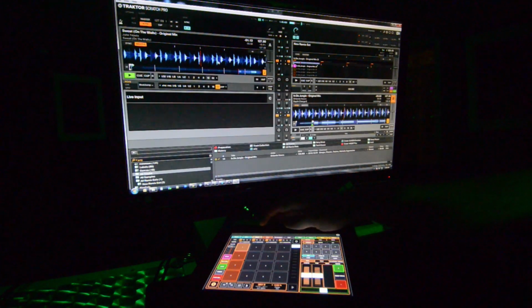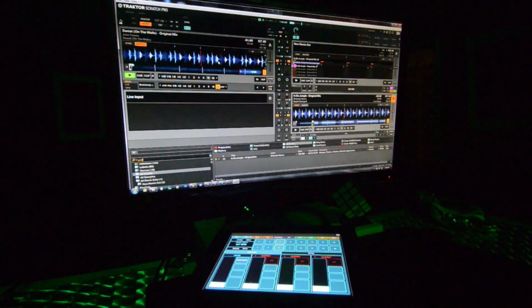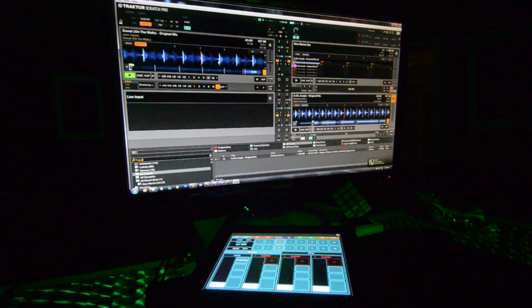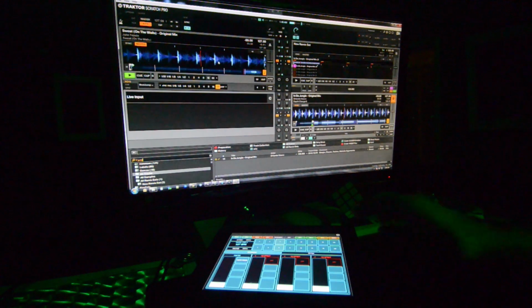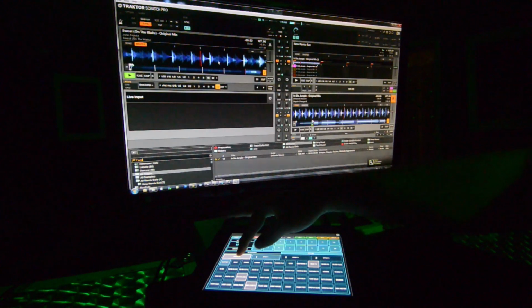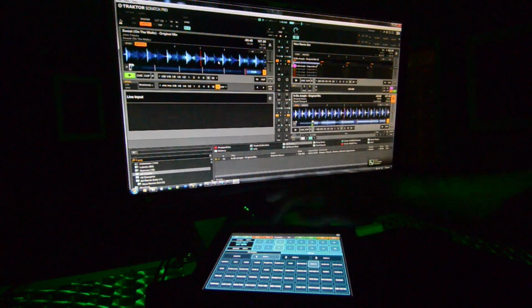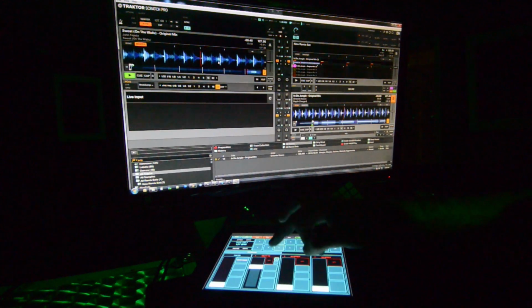So next up, we'll take a look at one of the effects pages, and nothing terribly new here, except you may recall that you can select your favorite effects. Hang on, I'm gonna turn this up a little bit for you. So we selected some favorite effects earlier. Now we can recall them by holding favorites. So we want delay T3 on effect 1. There we go. So if we go back, we'll see it's